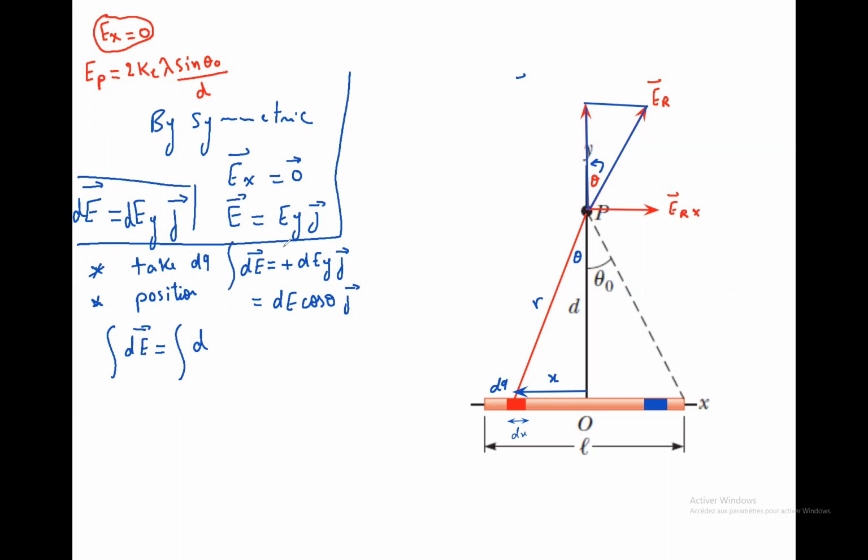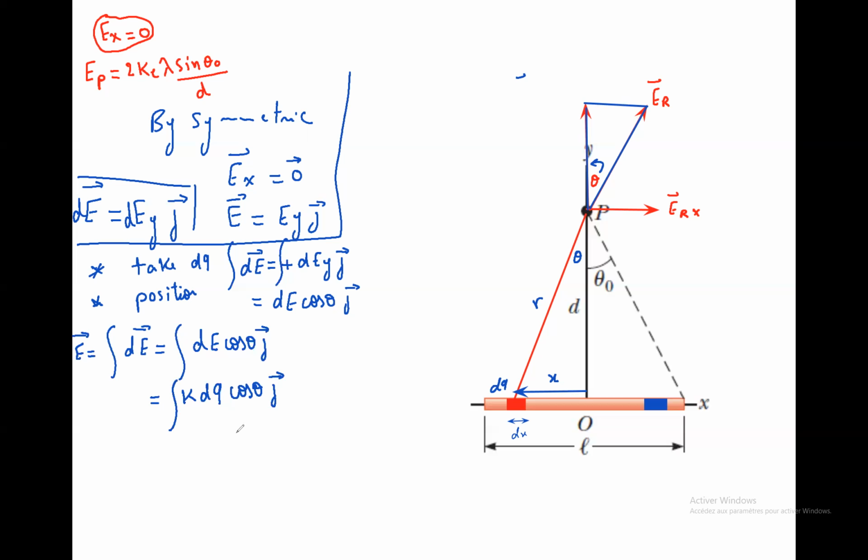We do the integral here and the integral here equal dE cosine theta j. The integral of dE equal to E equal dE equal k dq cosine theta j